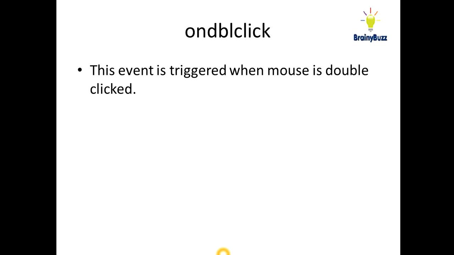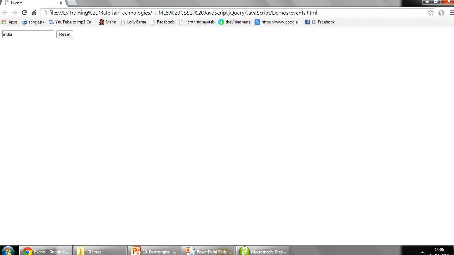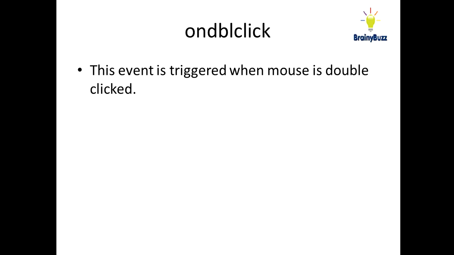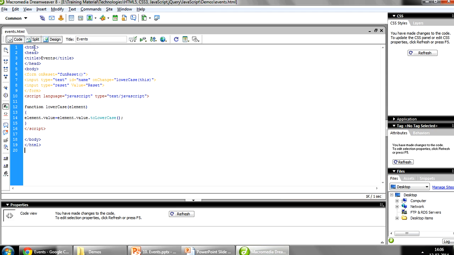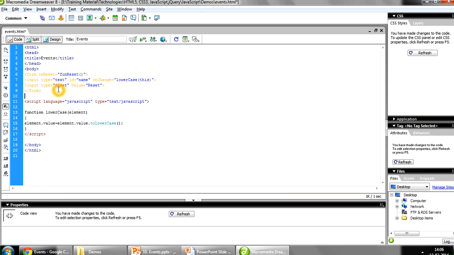So it's like this event is triggered when the mouse is double clicked. So let me put a paragraph over here. On double click, this is a paragraph.